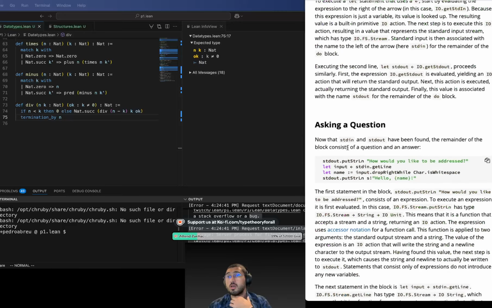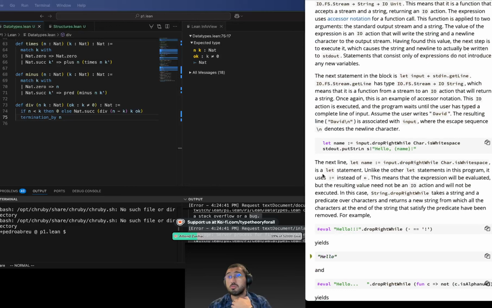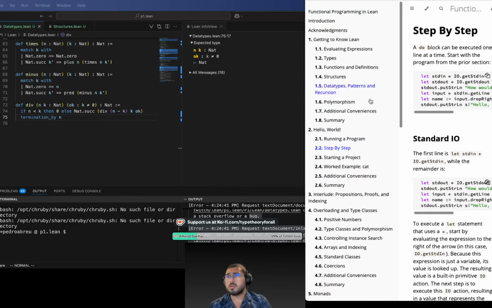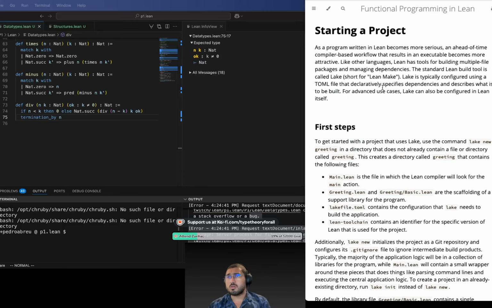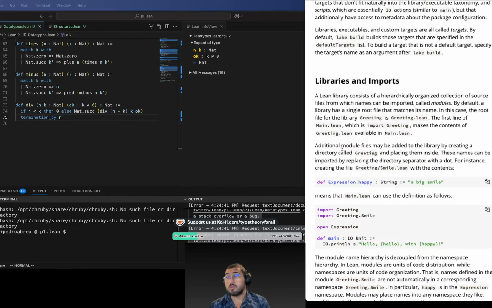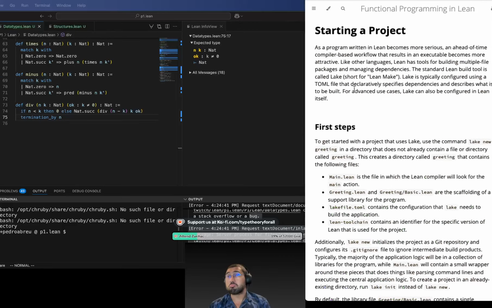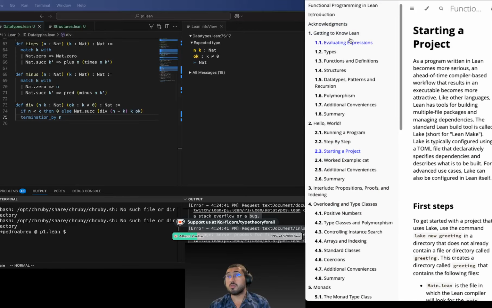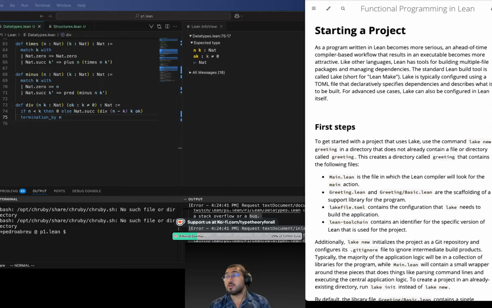Cool. IO. How would you like to be addressed? Cool. Wow. This really takes the language to another place. Cool. And files and all of that. Very cool stuff. Very cool stuff. Okay. So